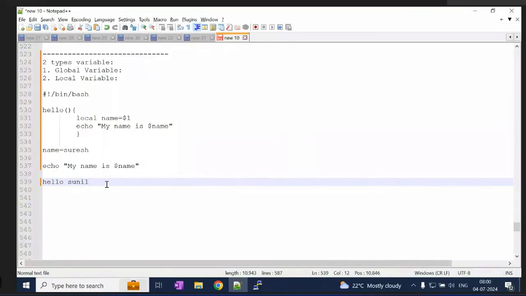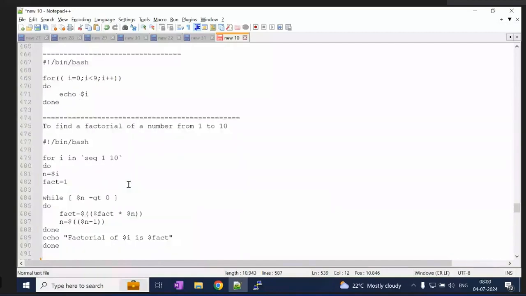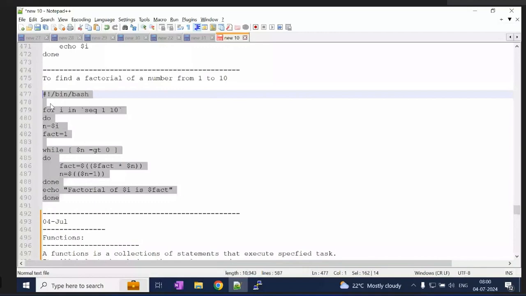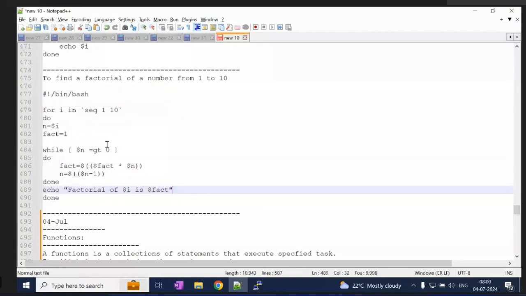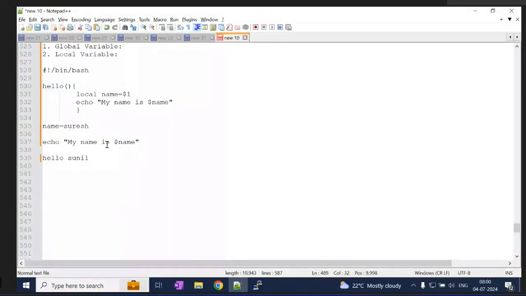So we'll write one more program for this function. Okay, so hope you all remember the factorial from day before yesterday. Factorial was written with a for loop, right? So we can write this factorial with the function also.